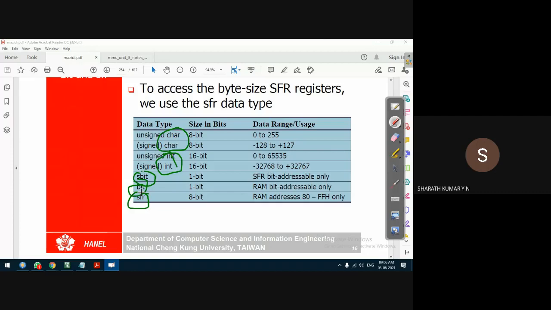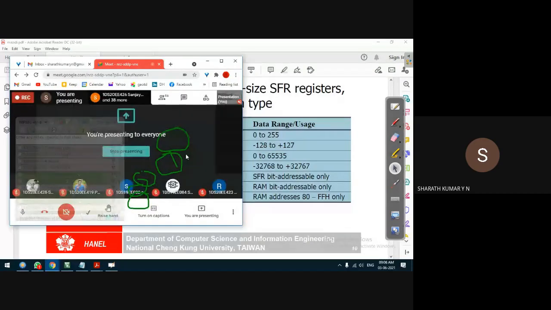These are the five data types provided for embedded C programming. Of course, in the normal C program, that is application development C program, you find many data types like float, double, long double. But when it comes to embedded C, there are only five data types used.